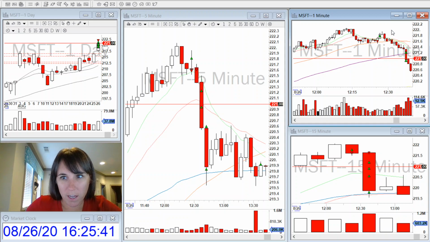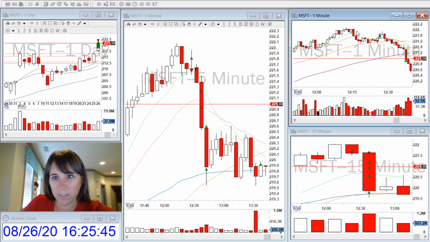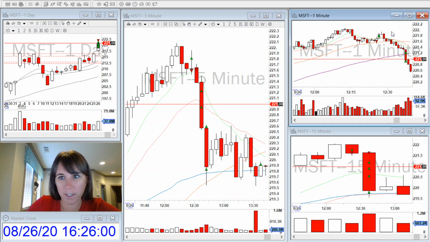But then when I'm taking a reversal and followed by this high volume indecision candle, and then there's a really nice doji right here that happened, and it couldn't make a new high.